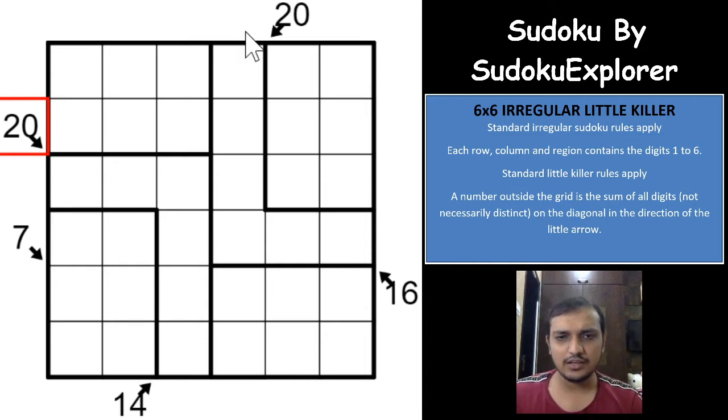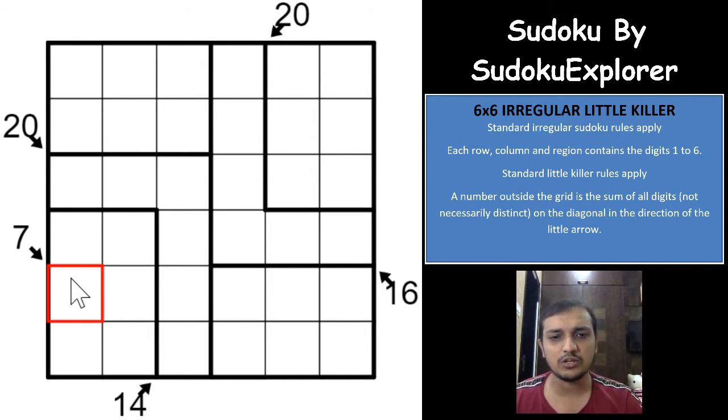Let us try and see if we get something from the basic techniques used in Sudoku. Any numbers if we get here? As you can see, the 7 has three possibilities, using all the numbers 1 to 6: 6 1, 5 2, and 4 3. So you won't get anything much from 7.